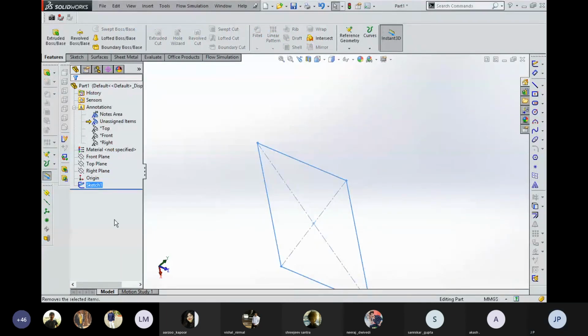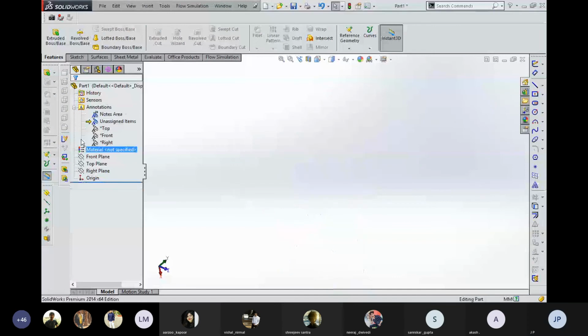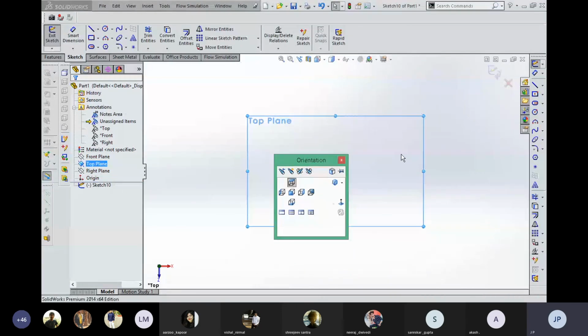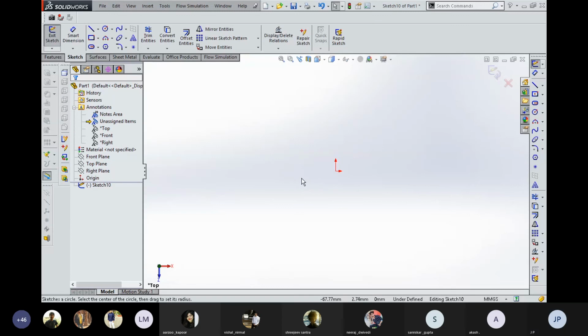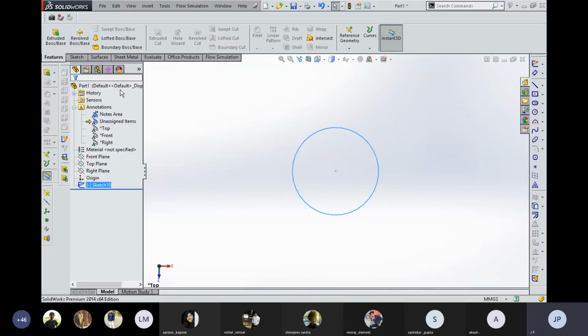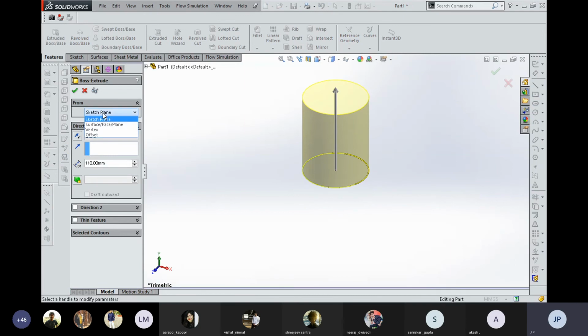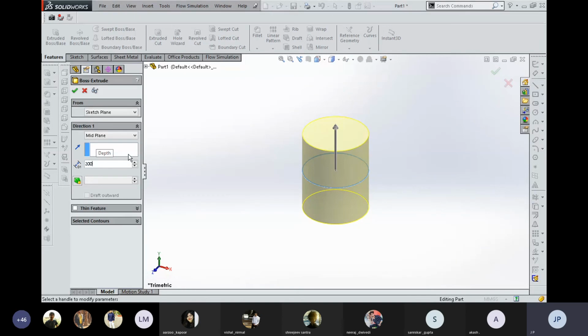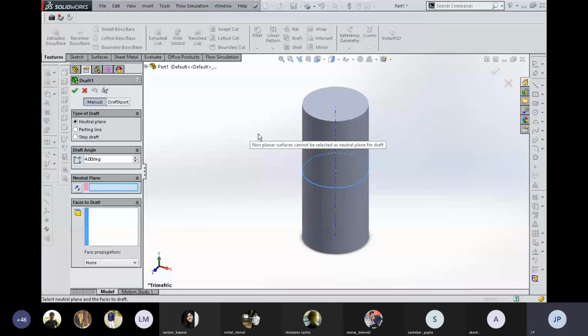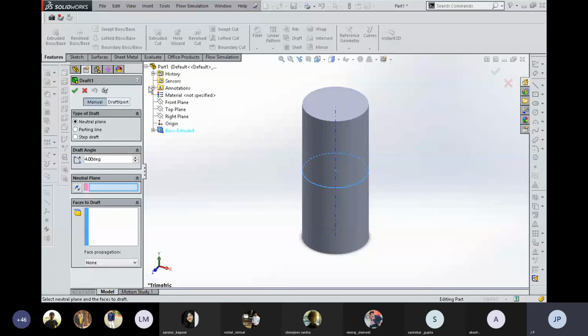Okay, I'm going to create a part on top, a cylindrical component. Then create a cylinder, give the height, keep it mid plane, 200 value. Now this is useful for explaining the draft feature. Now click on draft, neutral plane, so you can select this plane, or the plane is selected in this middle plane. Okay, face draft.